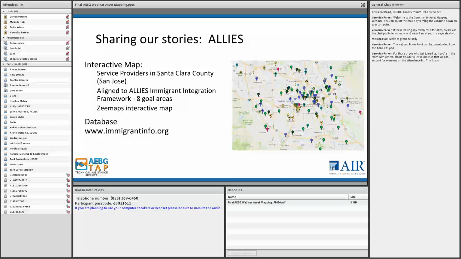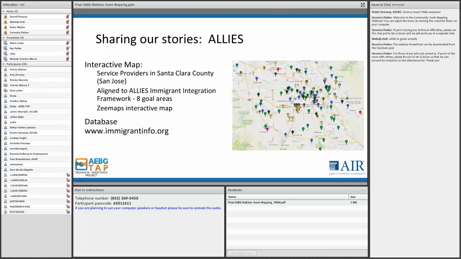It's kind of like a Google map where you add markers, and for each marker you can add contact information, a link to a website, and some basic information about the organization. This project started about 3 years ago when Allies was mapping out ESL providers in the South Bay region in Santa Clara County, and so now